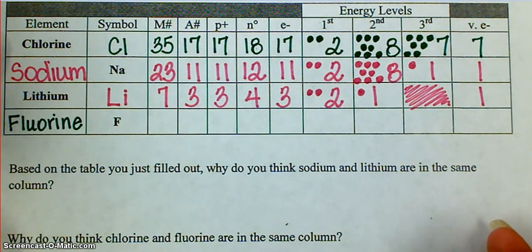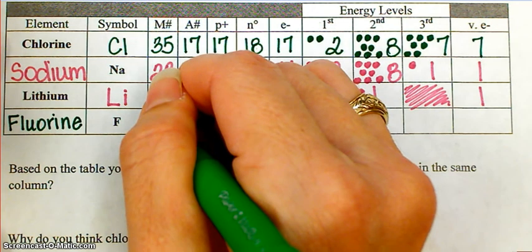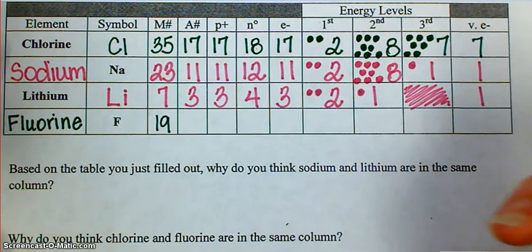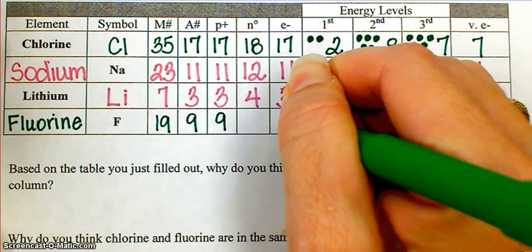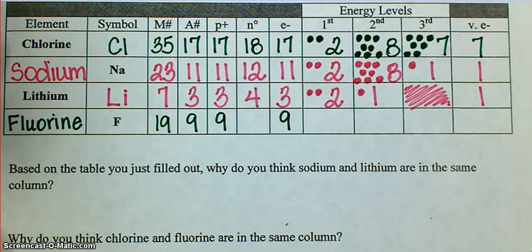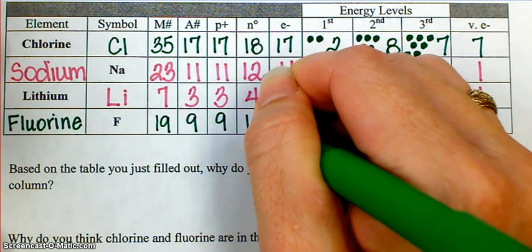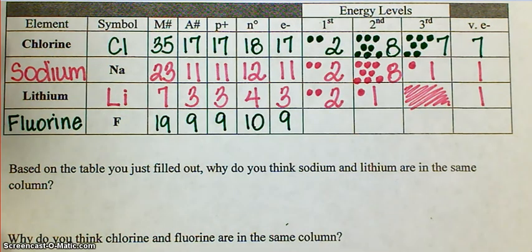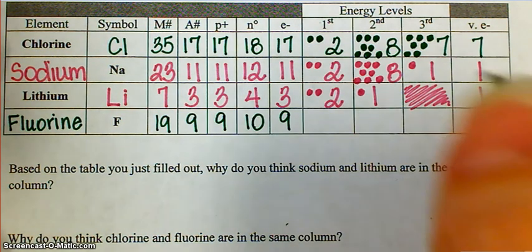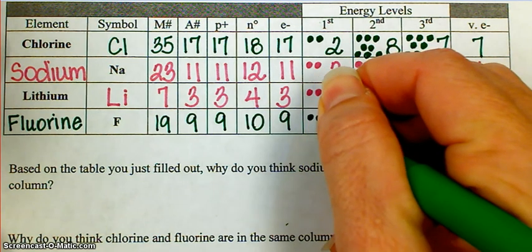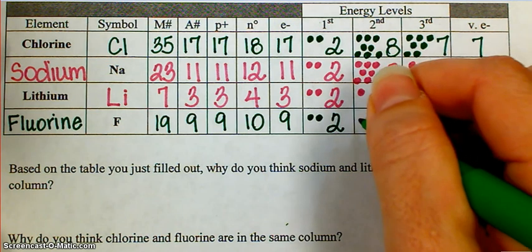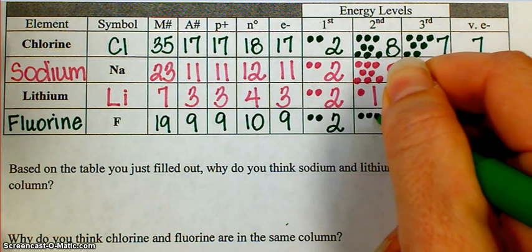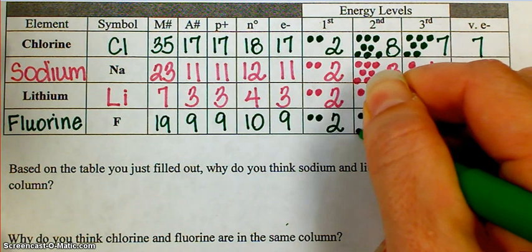Okay. Fluorine's mass number? 19. Atomic number? 9, which means fluorine has 9 protons. As long as it's neutral, 9 electrons as well. Neutrons will be 10. And now I have to take those 9 electrons and put them in energy levels. Put 2 electrons in the first energy level, 8 in the second energy level,